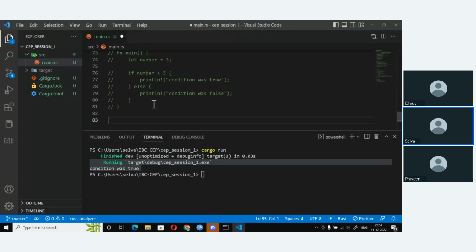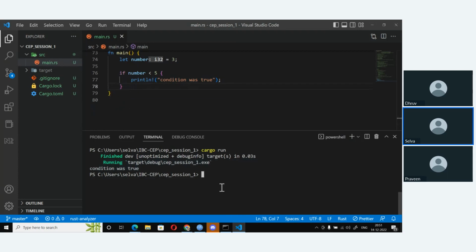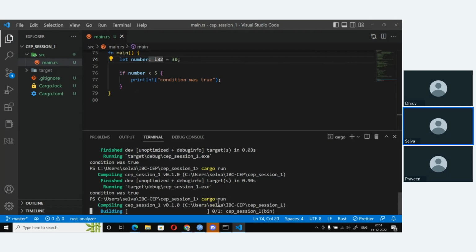So let's say I just take this else part out, and I can still run this. Condition was true. Suppose I put this as, say, 30, then the condition is false. But for a false condition, there is no else block. So there will be no output generated from this code.